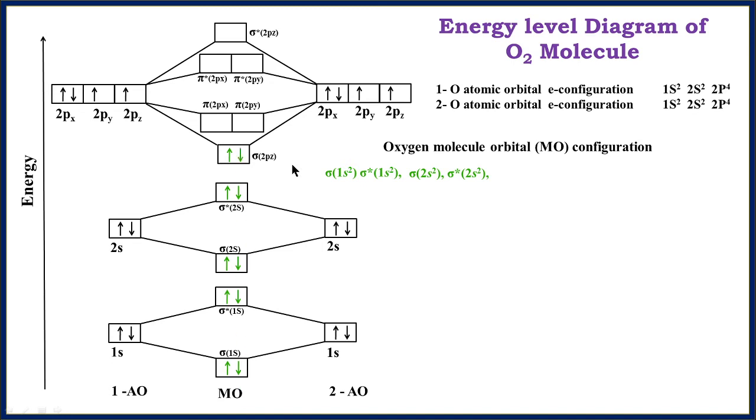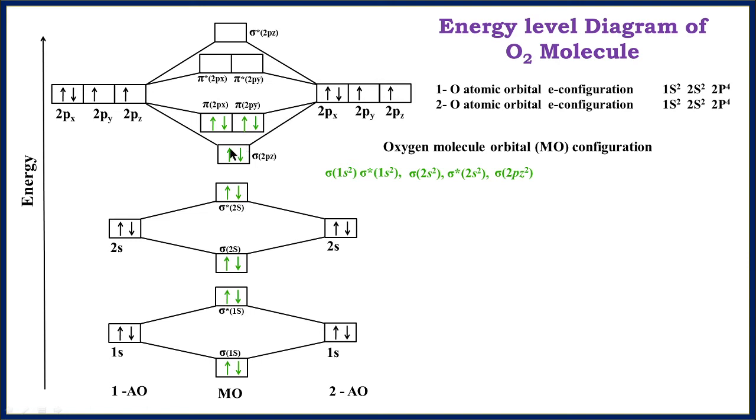Next, the third electron will be filled in the next energy level here. Next, the fourth electron should get filled here, because these two molecular orbitals have the same energy, so direct pairing will not be done. So the next electron will be filled in this molecular orbital. Next, the coming electron will be paired here in one of the molecular orbitals. Next electron will be paired here.